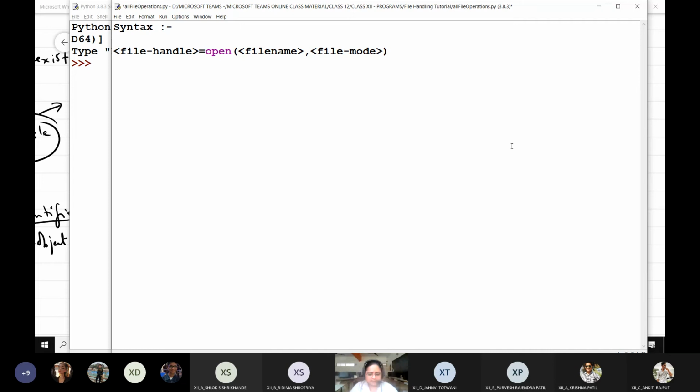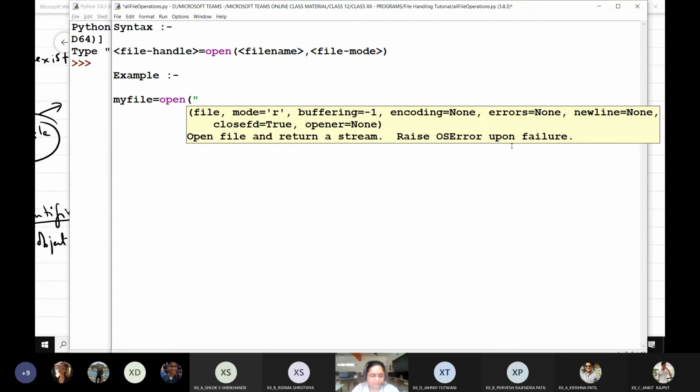This is the syntax. And as an example, suppose I am creating a file handle named myfile equals open, and I give any file name. For example, I'm giving the file name sometext.txt, comma, and I have to provide the file mode.